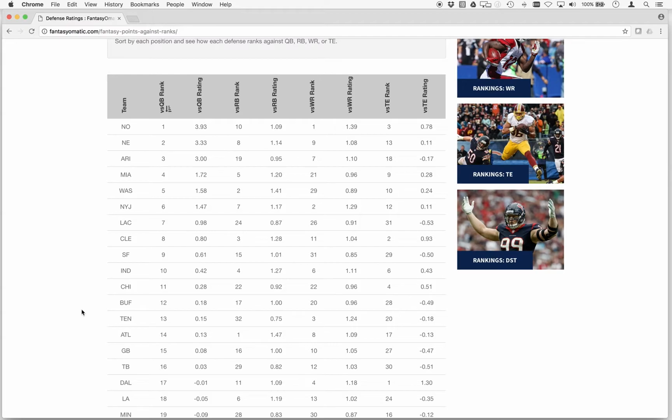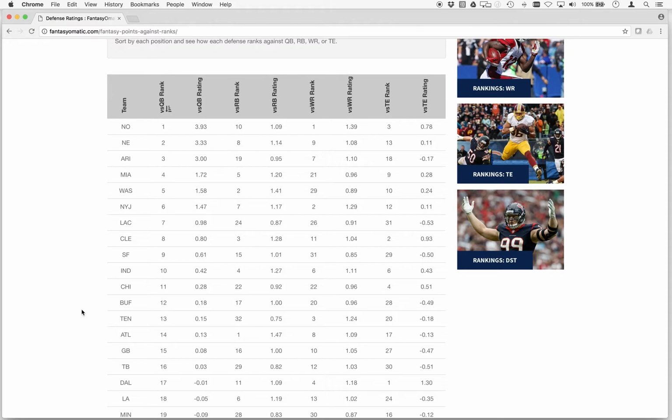This might seem a lot like fantasy points against, but it is not fantasy points against. It was really the reason that we came up with this algorithm in the first place, because fantasy points against are broken. It's a failed metric. It's been proven over and over again. Even though they're a standard industry-wide, they really aren't giving you any accurate and useful information. So let all the other fools in your league use fantasy points against, and you can instead use the FantasyoMatic